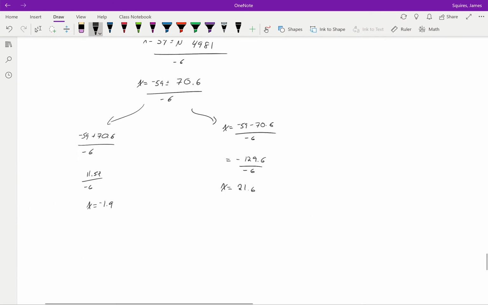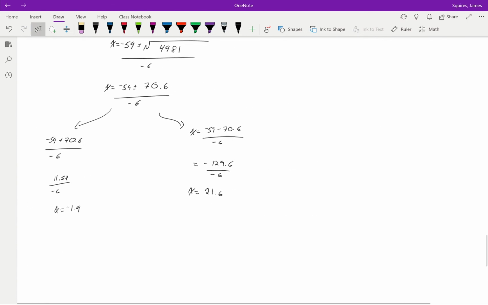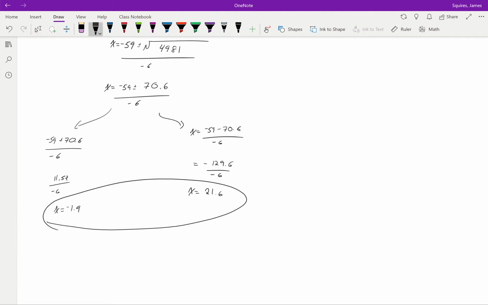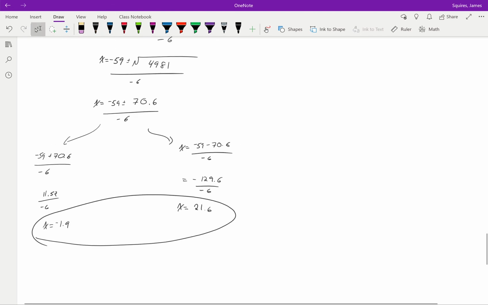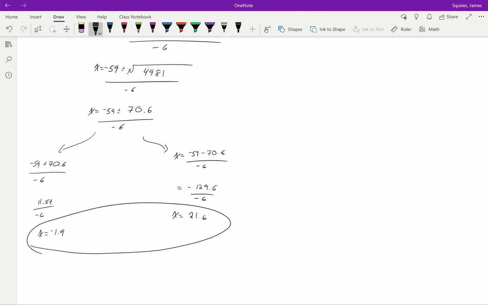So we got our two, let's say, theoretical break-even points, where x equals minus 1.9 and x equals 21.6. Remember, our original revenue function looks like this,